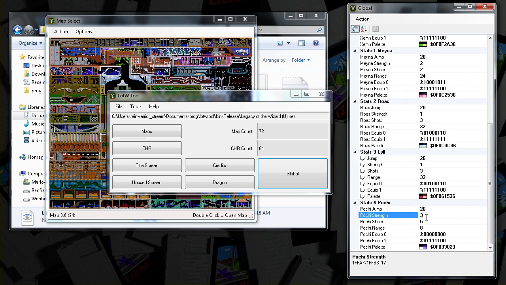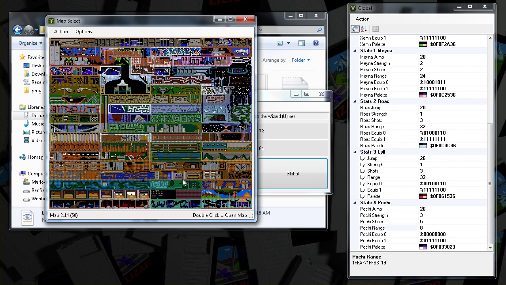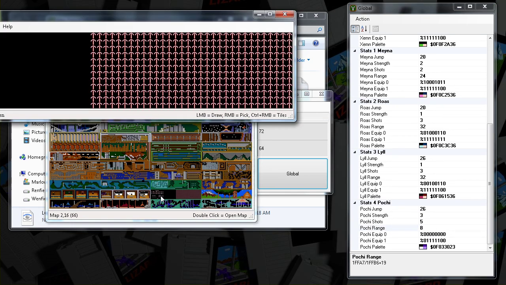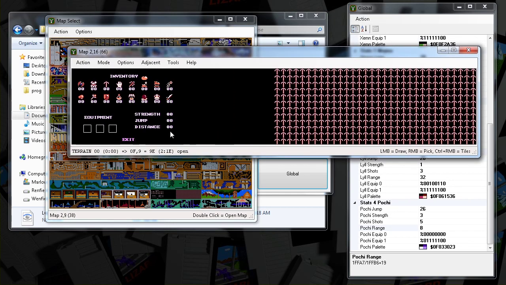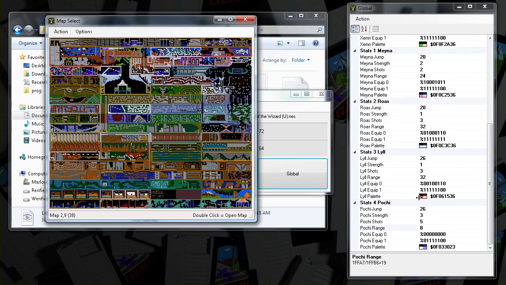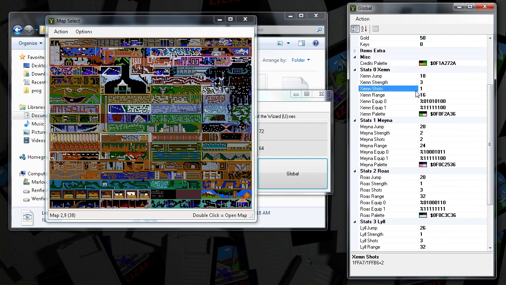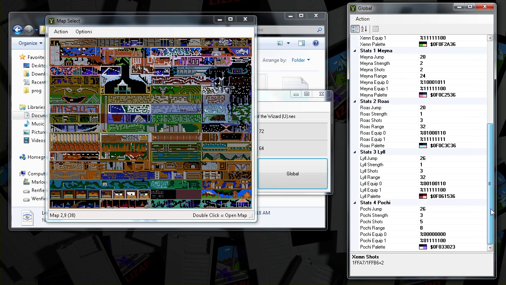The strength, the jump, the range, I think you can see all those on the inventory screen. Actually, they should show up here. Strength, jump, and distance. Shots is actually a hidden stat, but Pochi can fire 5 shots at once. Lil can fire 3 at once, but Zaman could only fire 1 at a time. So you can edit that and be able to fire faster with those characters.